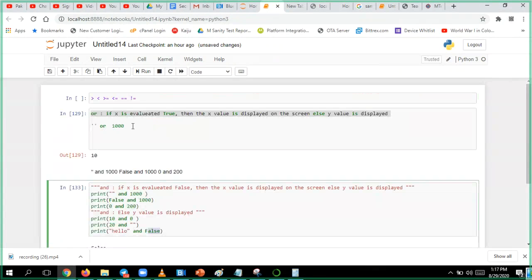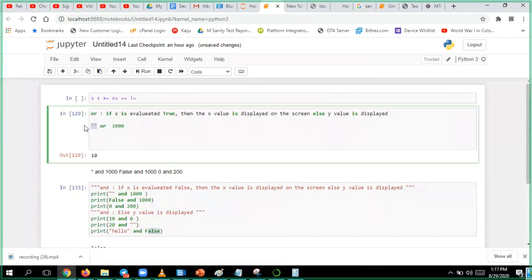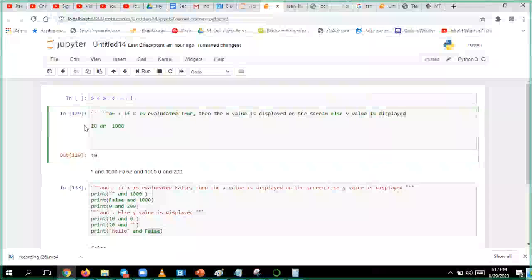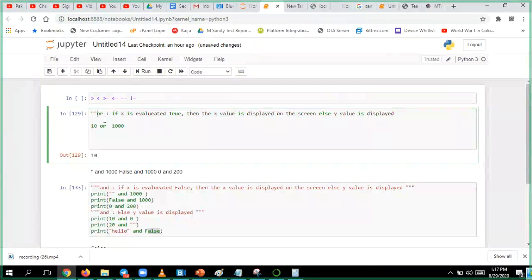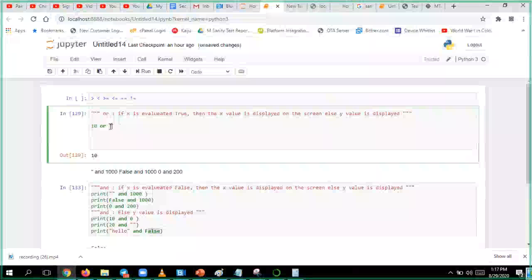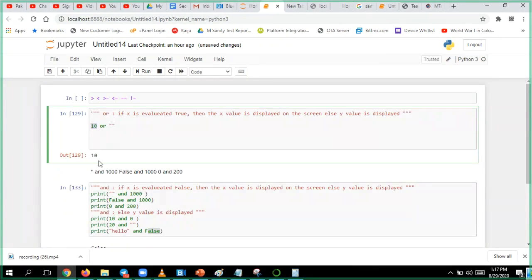Same way for OR: if it is evaluated to true, then it will display that value, like 10. If the first value is true, then it will display that only.